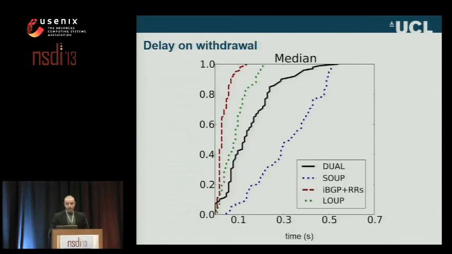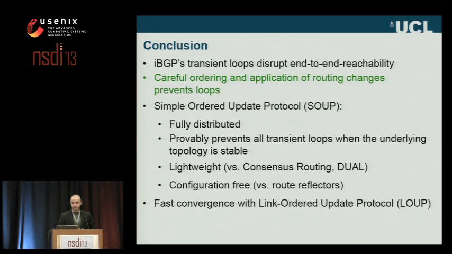To evaluate the delay incurred on withdrawal, we repeated the previous experiment. However, this time we initially have 2 routes in the IGP, and you can see the result of withdrawing one of them. This is a CDF of the median time it took for the network to converge over 100 runs. You can clearly see the impact of the tell-me-when optimization here. And you can also see a curve for DUAL, which is the loop-free IGP protocol I talked about.